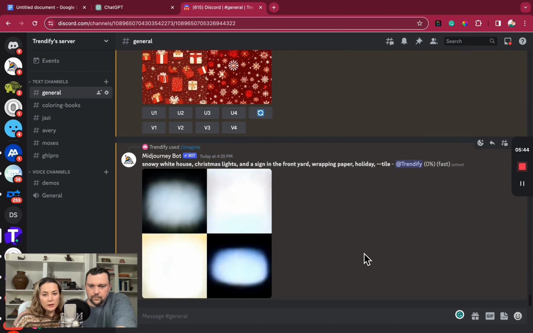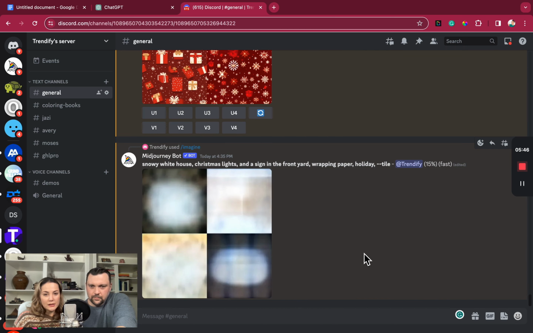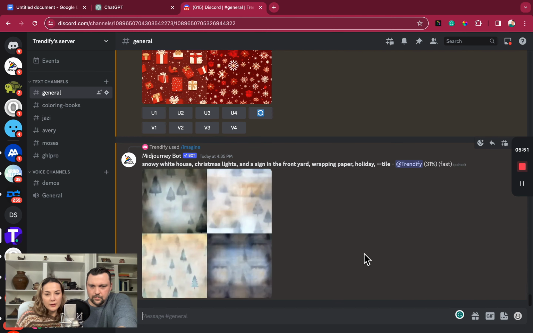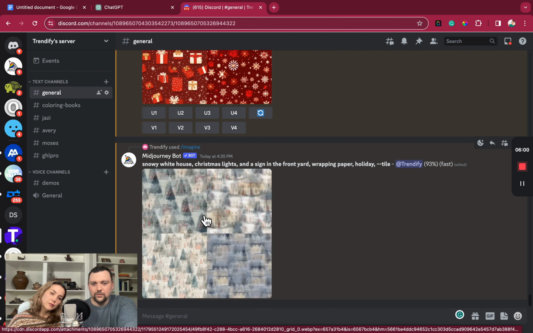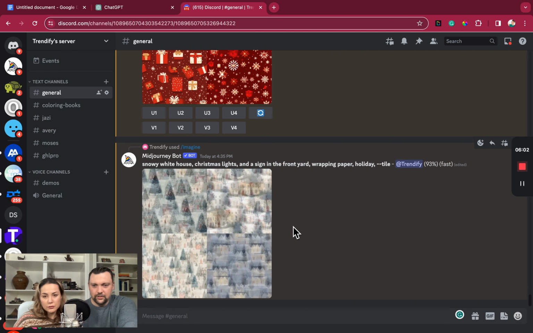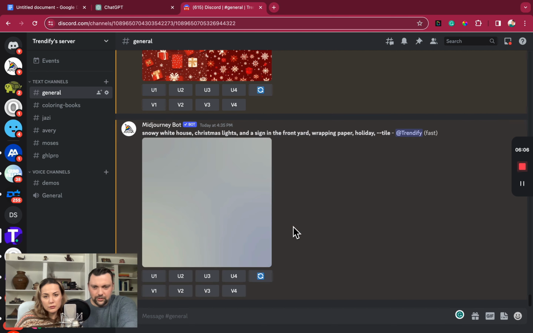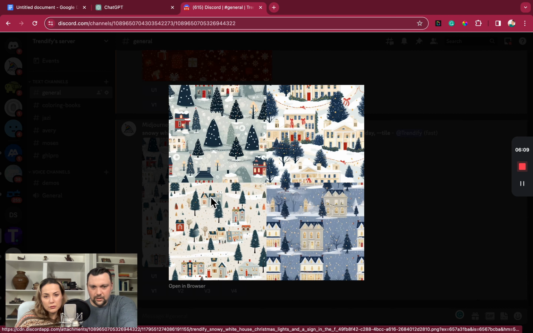And if this works a little bit, then we'll just take this phrase and put it into chat and see if it can improve it. And what I like about this, as it's processing, you feel like it's not going to turn out great, and then you're just shocked sometimes when it gets to 100% how cool it is. So we see some trees, we see some houses. Let's expand this. Not bad, not great. Yeah. Is that the White House? Maybe we need to be more specific. Yeah, it is. We did say snowy white house. So let's just move to something different.